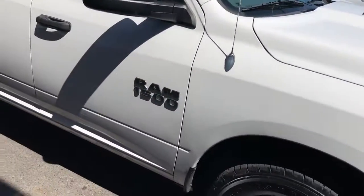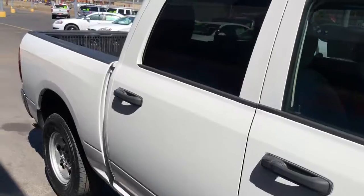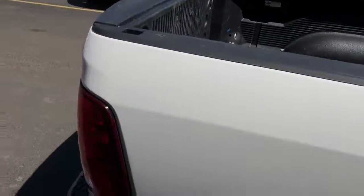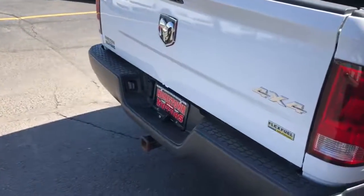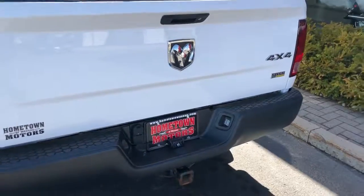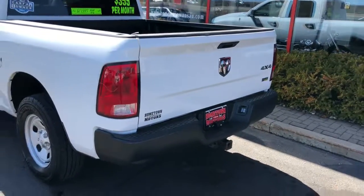It's got a very clean body, good tires, bed liner, 2-inch towing package with both 7 and 4-pin wiring options, locking tailgate,